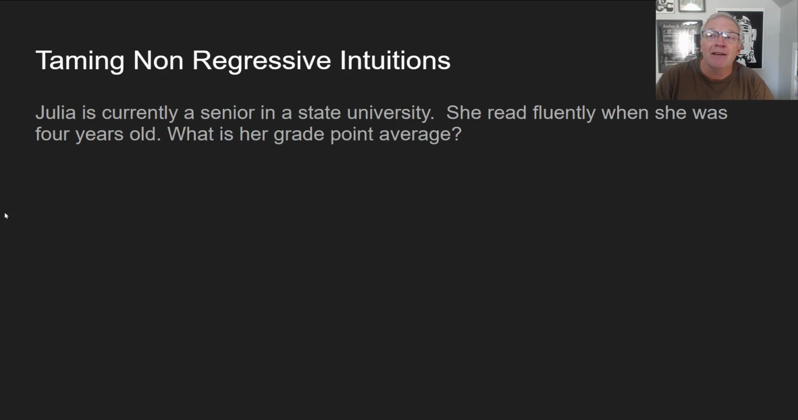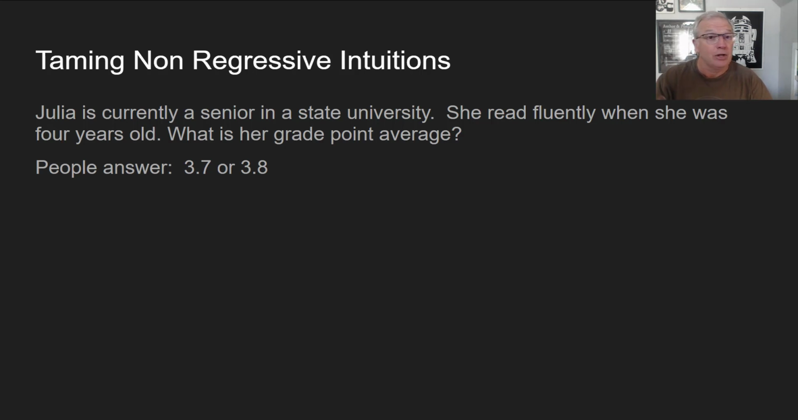So Kahneman and Tversky gave this famous example. They gave subjects this example to think about. They said, Julia is currently a senior in a state university. She read fluently when she was 4 years old. What is her grade point average now that she's a senior in college? Just that one tiny piece of information about her reading fluently when she was 4 led people to make a very high prediction. They would answer something in the order of 3.7 to 3.8, around a high B to A average